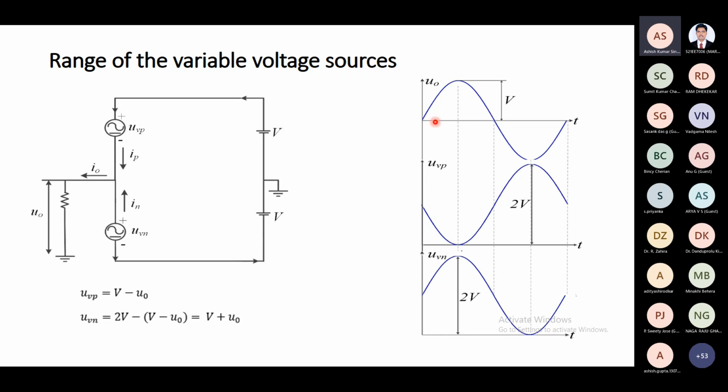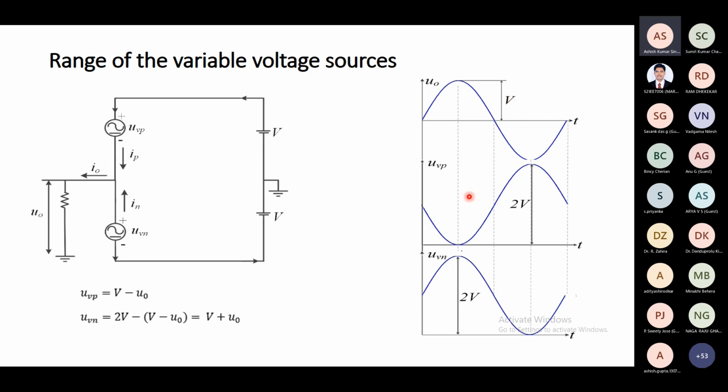Yeah. So this is plus V and minus V. This is the output voltage U0. It's varying between plus V and minus V. Naturally, the same happens with a two-level converter. We represent this as plus VDC by 2, and this side also plus VDC by 2, so that here we get minus VDC by 2 when this side is connected. That thing we have written here as V.